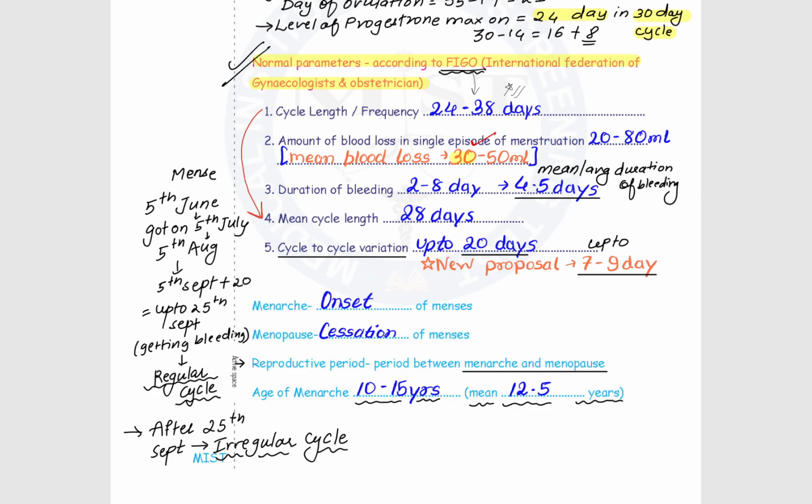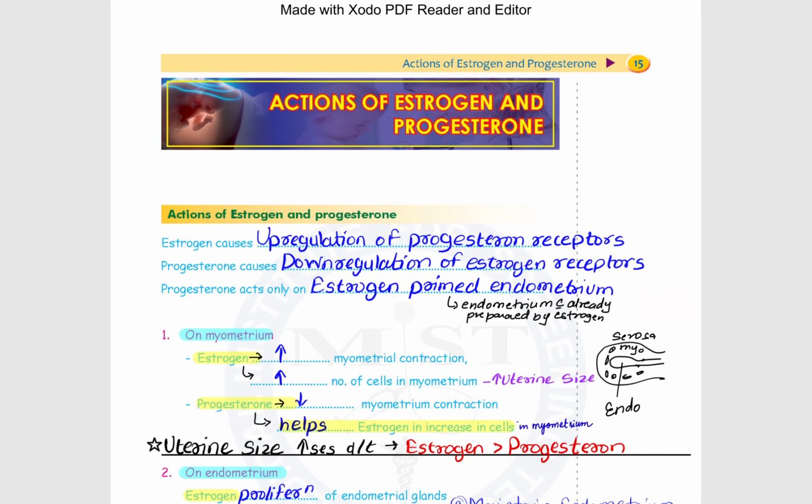Now menarche is onset of menses, menopause is cessation of menses. Reproductive period is the period between menarche and menopause. Age of menarche is 10 to 15 years. Mean is 12.5 years. Now